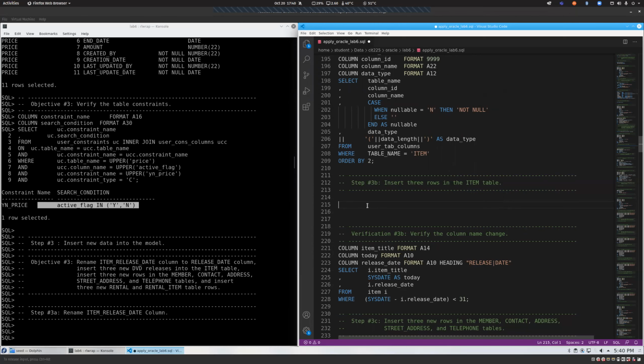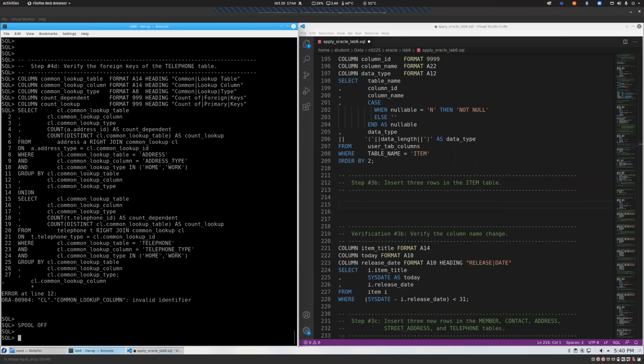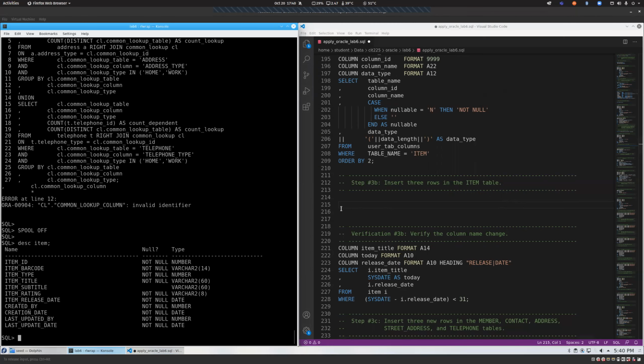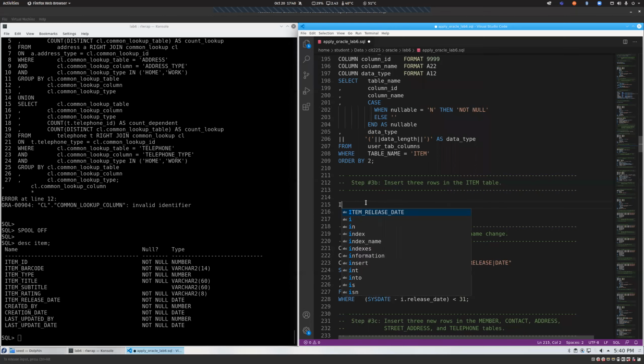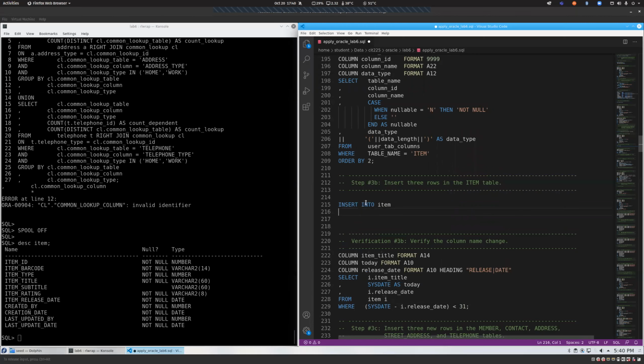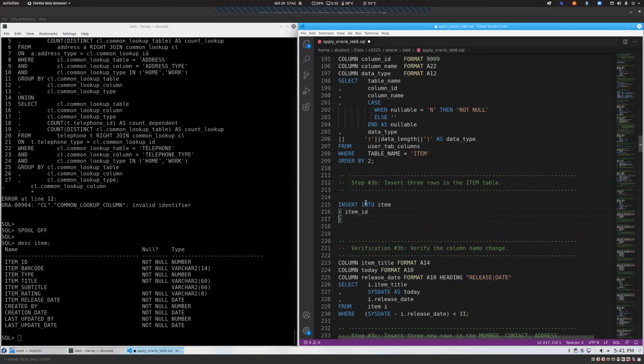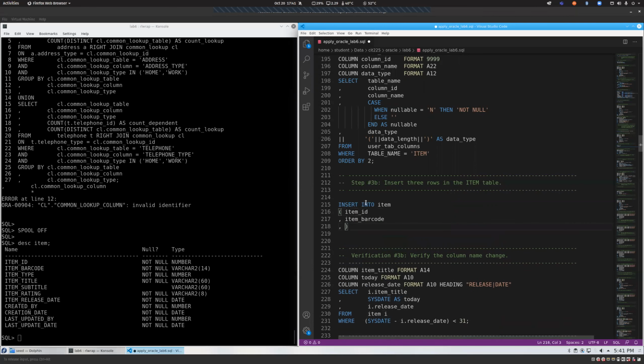So the way that I like to build my item tables, or how I like to do my inserts, is I like to pull up the table with describe item so I know exactly what I'm doing. And I'm going to say insert into item. And then I'm going to list the columns in the order that I want to insert into them. So we're going to do the item ID, item barcode, item type,